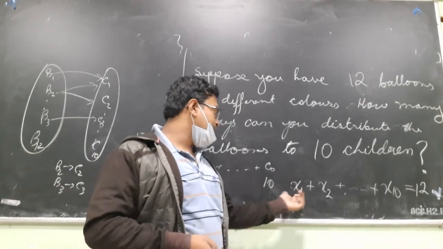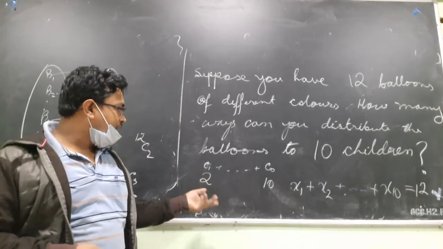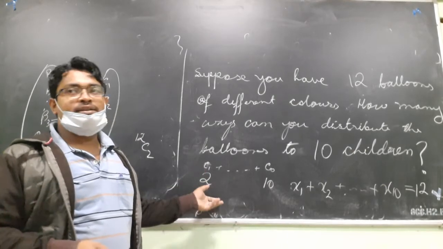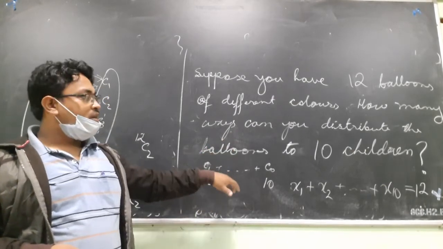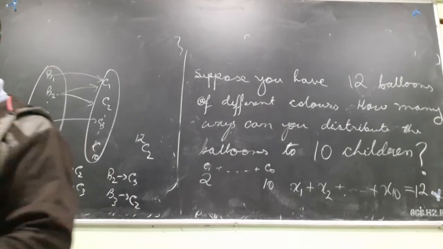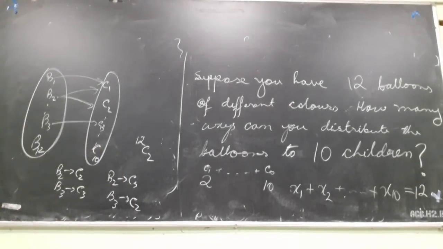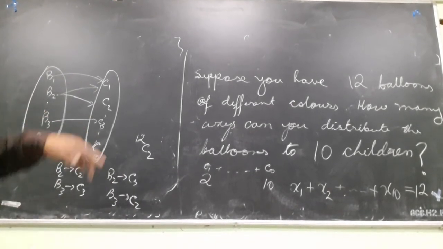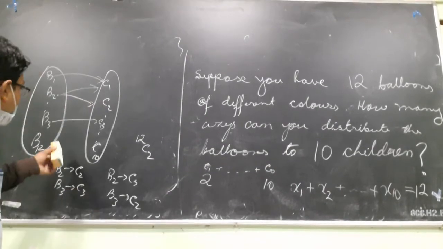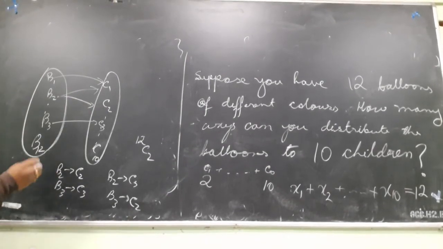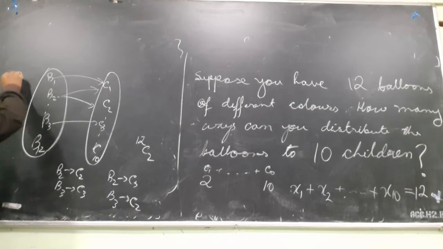Since they are identical, giving any 2 balls to the first child out of those 12, it doesn't matter. The color, the size, this doesn't matter. Okay. So in that case, that will work. But for this case, what is happening? If the balloons are identical, say 1, 1, 1, and C1, C2, in that case, if we do it by functions, it is incorrect.